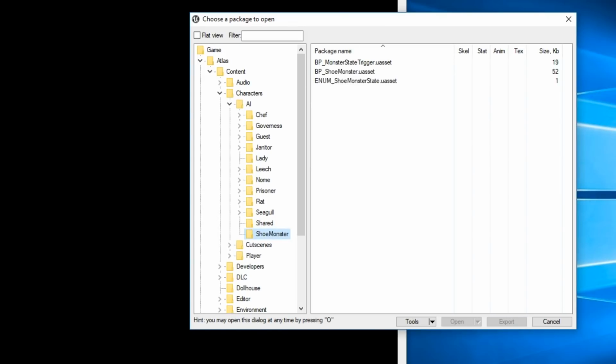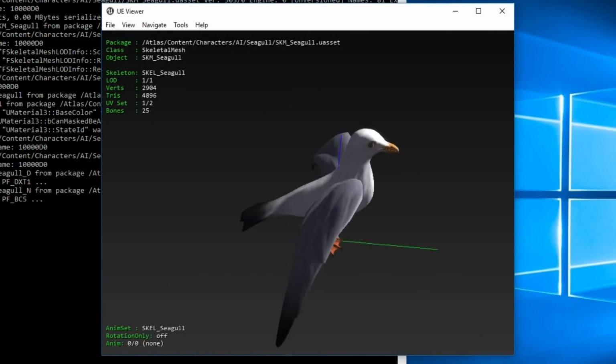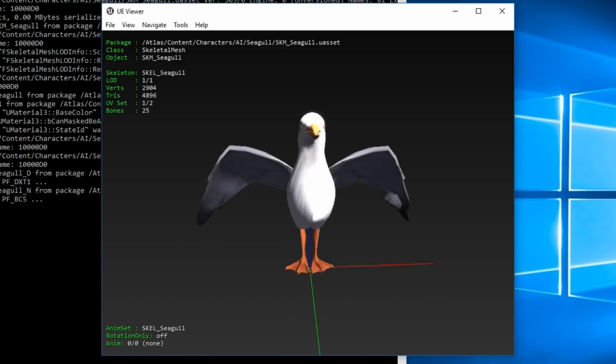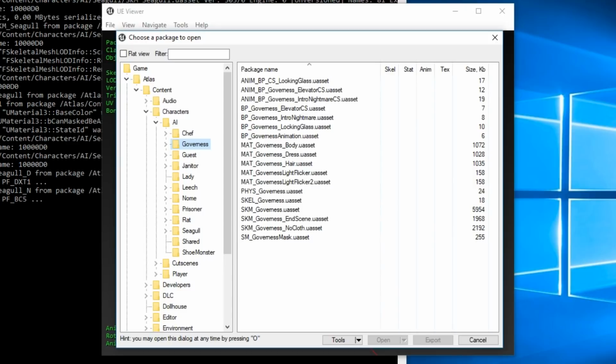Now the shoe monster, believe me, it doesn't come with a skeletal mesh or anything. It is just a blueprint, so there's nothing actually embodying that file. But seagulls, there is a seagull. If you want to take a look at the seagull, it's right here. Oh, fancy the seagull. What is interesting though, I find, is how one of the files is named the governess